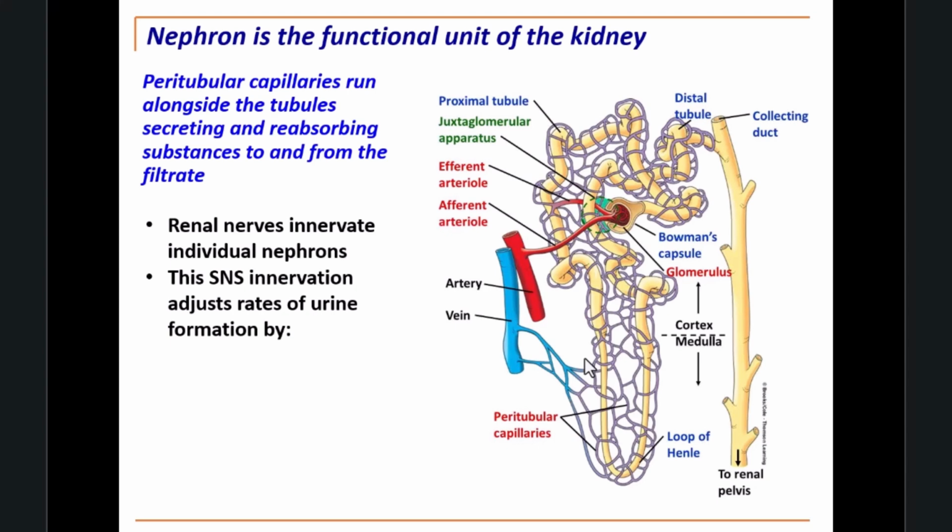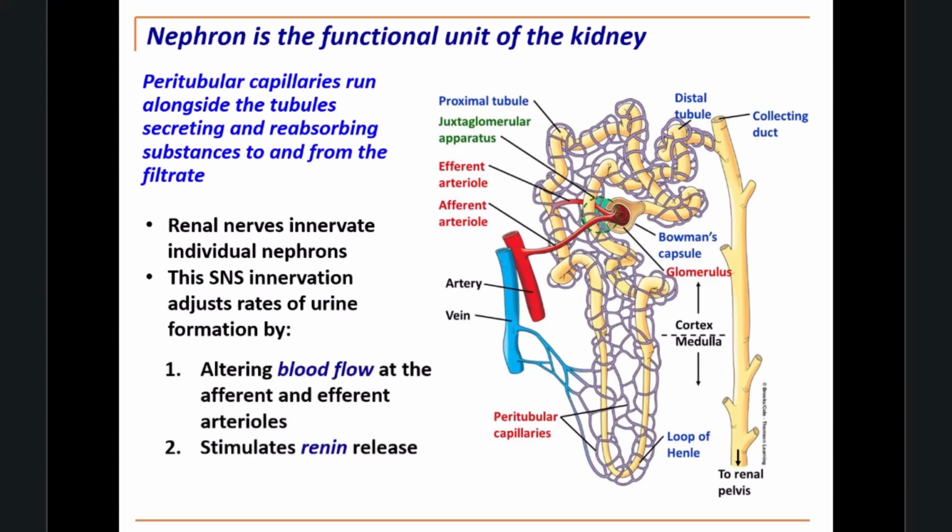So therefore we know that there is a nervous system involved in this, and it's the sympathetic nervous system. And it's this renal nerve that innervates individual nephrons. And that can adjust the rate of urine formation and glomerular filtration by a couple of things. So we already talked about how it alters blood flow at the afferent arteriole in particular, but also it works